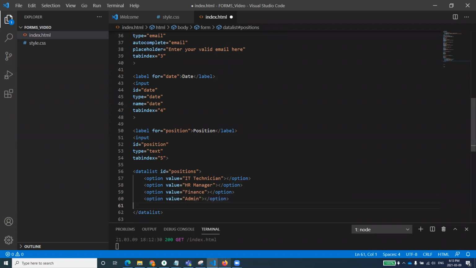So now we have created a data list, and we have to connect this list with our label position.